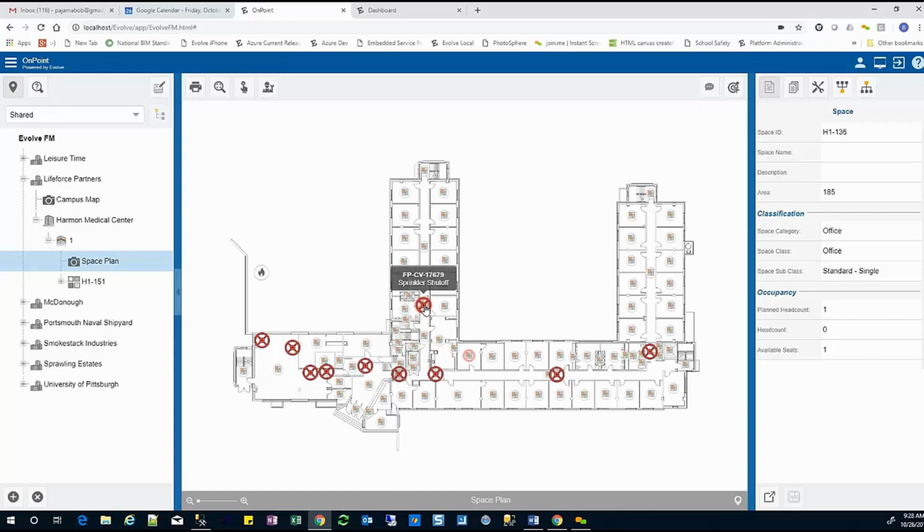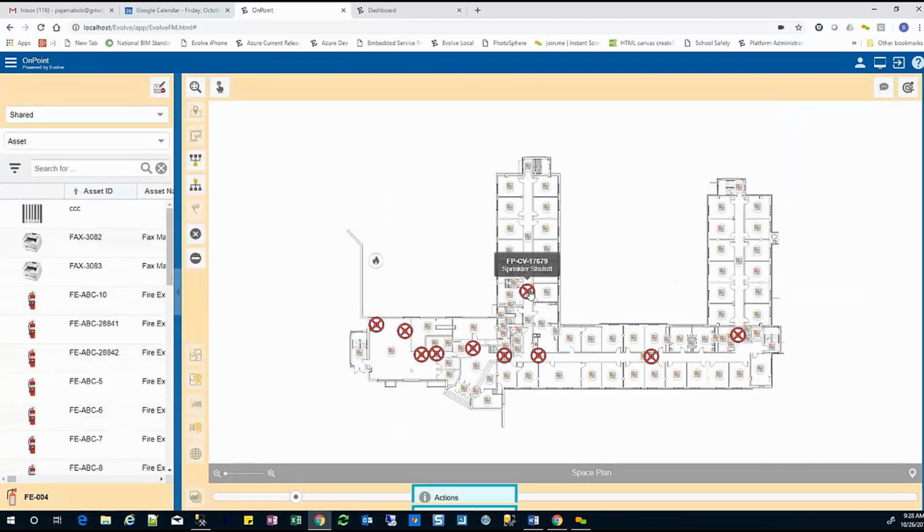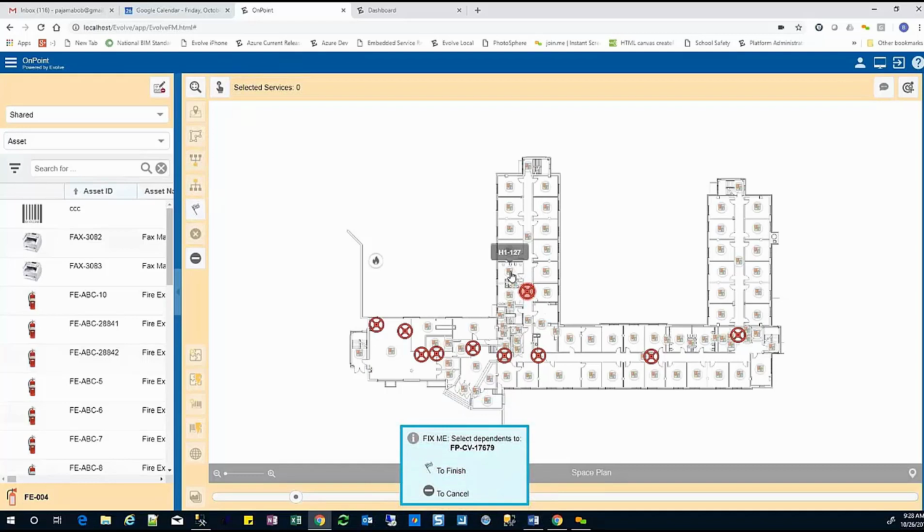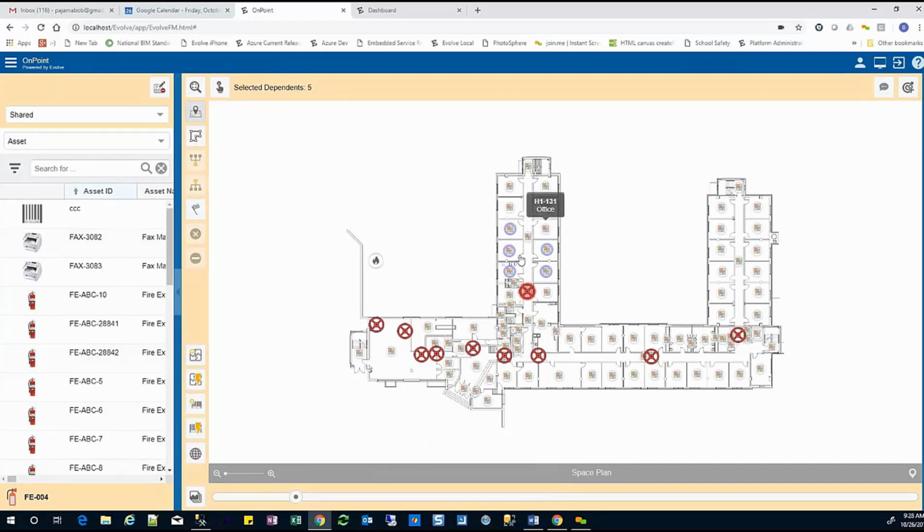That's all going to be available in the February release. What gets really cool is with OnPoint, I can go out and pick a valve, and this is how difficult it is to identify dependents. Tap, tap, tap, tap, and I know this is monotonous, but I'm tapping on that. I click finish. I've identified all of the spaces that depend on that particular sprinkler valve, and it gets even